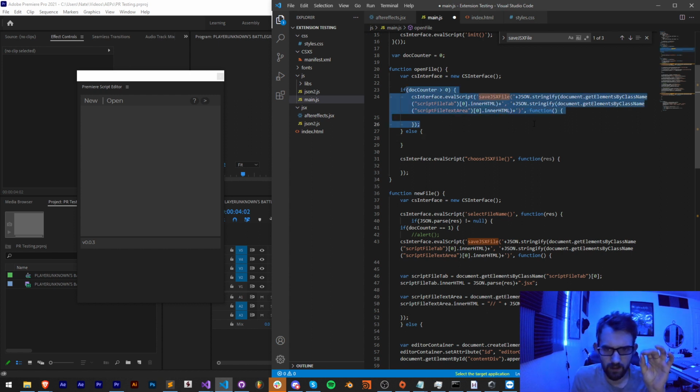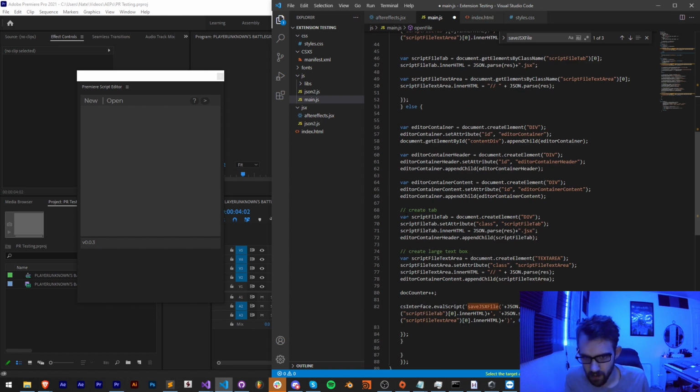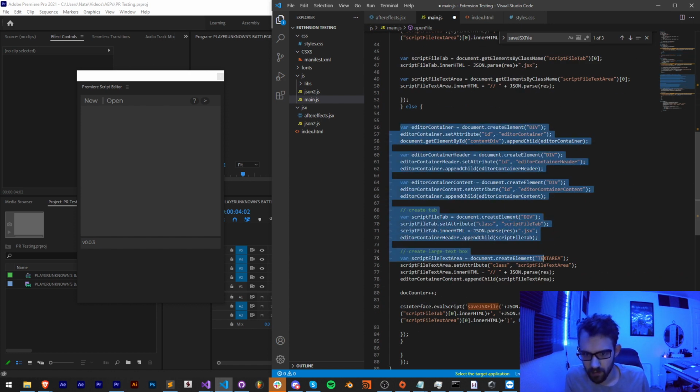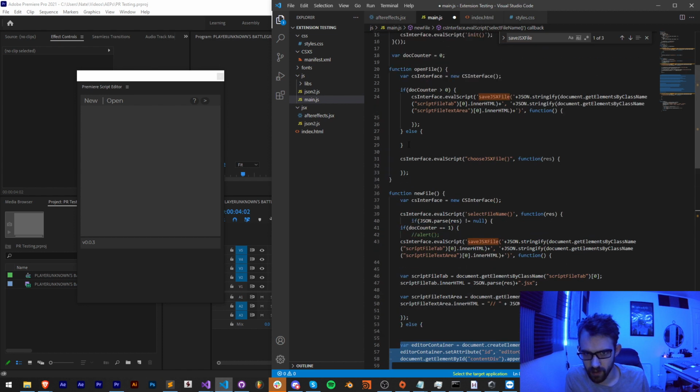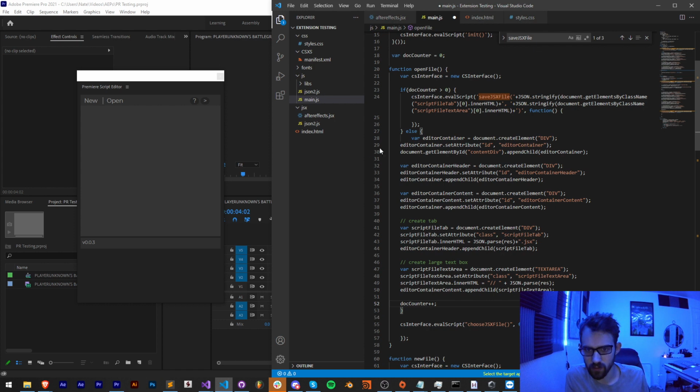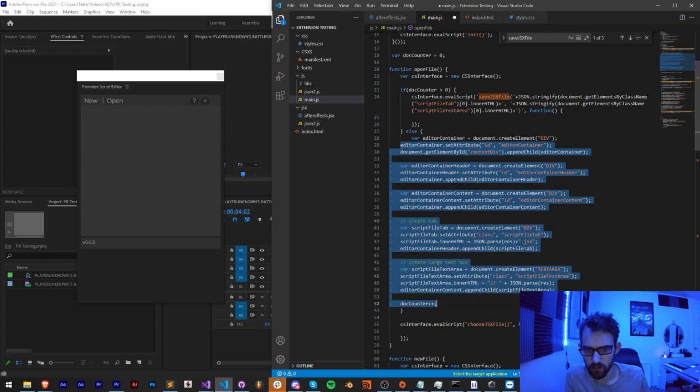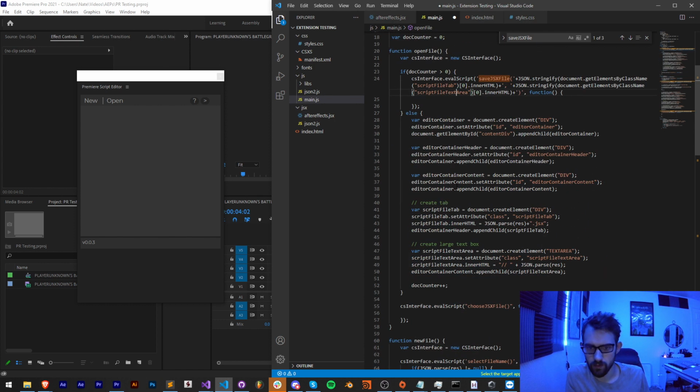If they already exist, that's good. If they don't already exist, I think we need to create them. And I guess we'll increment doc counter at that point too. Because we need them to exist in order to choose a JSX file. Or not necessarily to choose the JSX file, sorry, but to